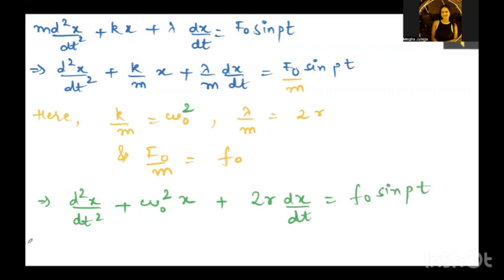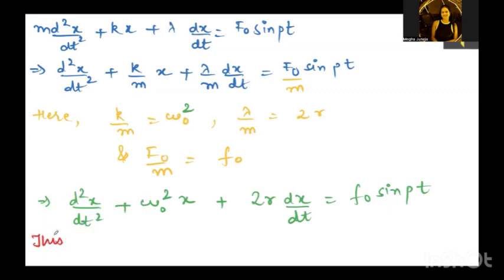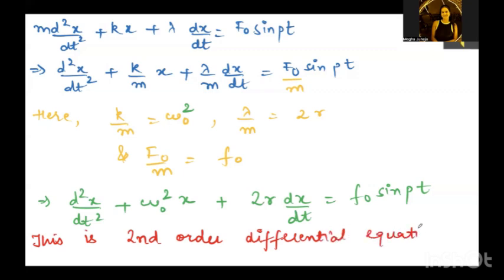So now what has come here? We can say this is the second order differential equation for the damped forced harmonic oscillator. And sometimes it comes directly as just forced harmonic oscillator. If they do not mention damped forced harmonic oscillator, it means the same thing. Now, if we want to find the solution of this,